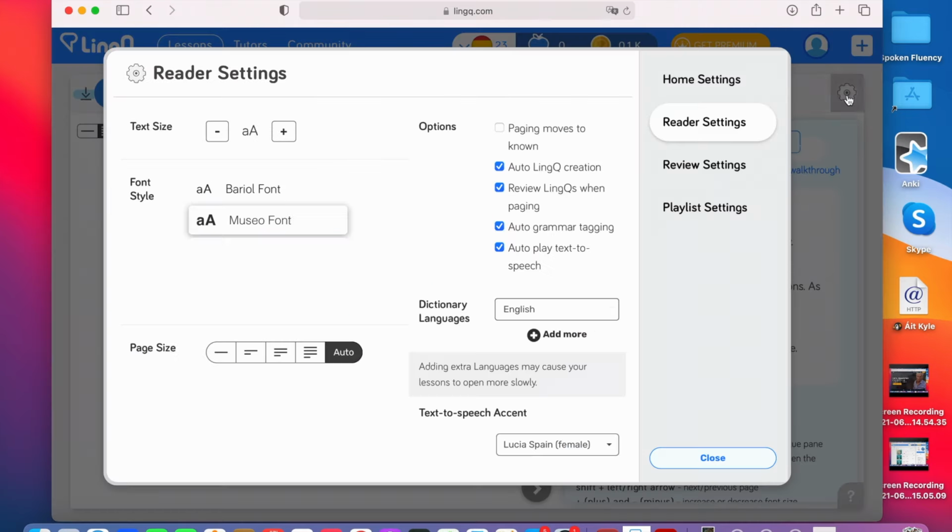I'm going to click on this gear and show you what this all means. So you can change a lot of the different settings. I prefer to change this auto link creation to be off and paging moves to known. Clicking the button to move to the next page would automatically turn all of the blue words into saved words,